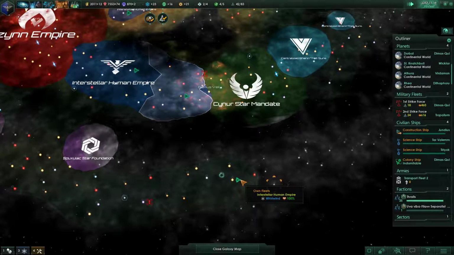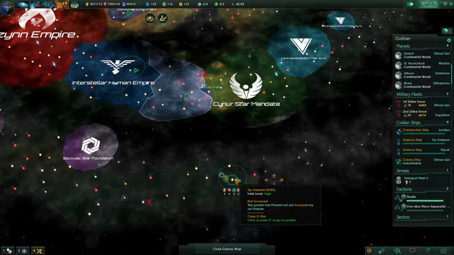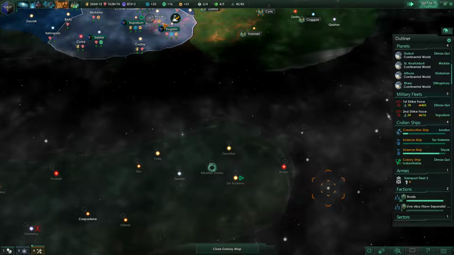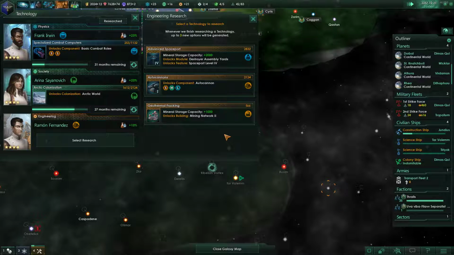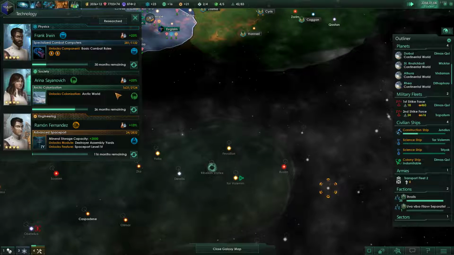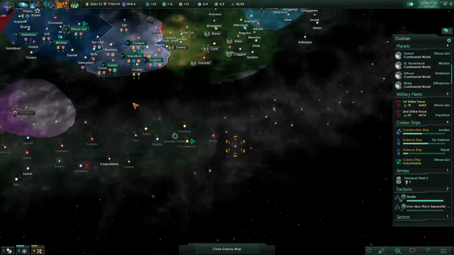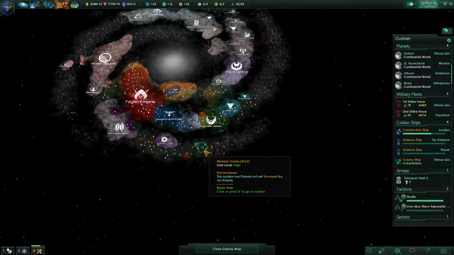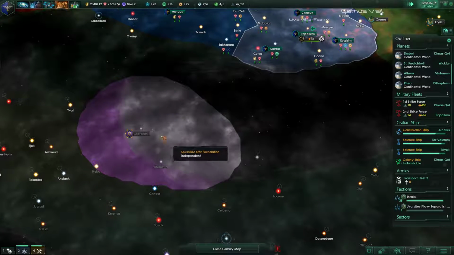Okay. Wow, that's a great place over here. Research complete. Ocean World. Sweet, mass drivers completed. Let's start working on the advanced spaceport. We're currently working on the Arctic world colonization, but so far there's nobody back here. I'm just keeping my fingers crossed that it stays that way, because these guys are probably our new...